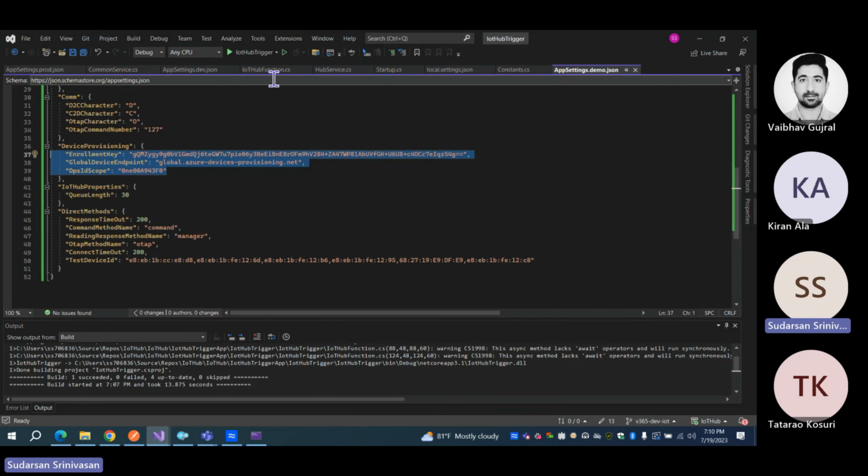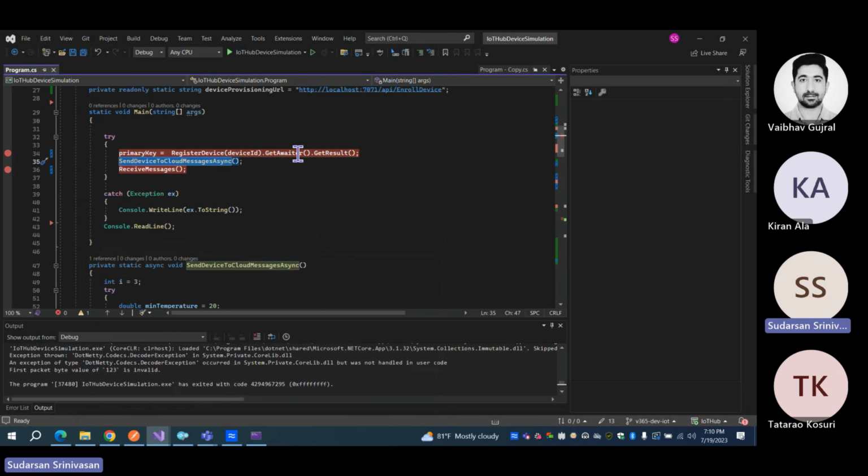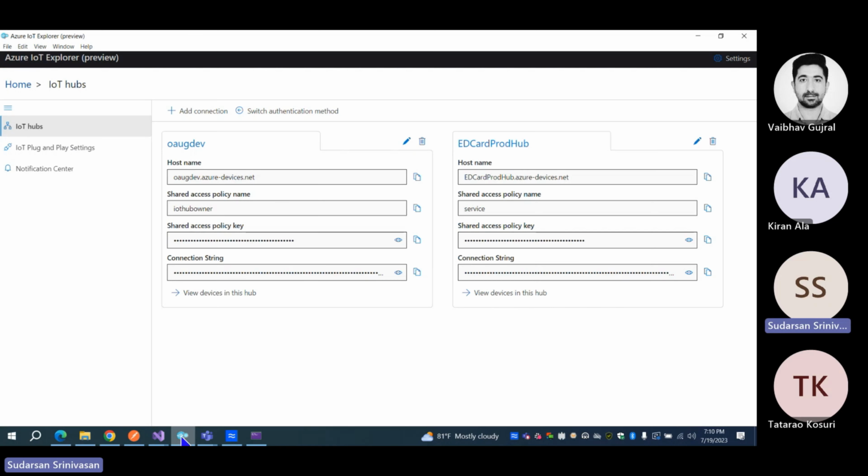So once we have that, now let's see it as a demo, meaning I want to register a new device ID and I want to start sending messages to that device ID. I am going to comment out the receive messages part for now because we have not looked at the C2D communication yet. So as we stated earlier, if I want to look at the messages that I have gotten onto the bus, right? I should be able to